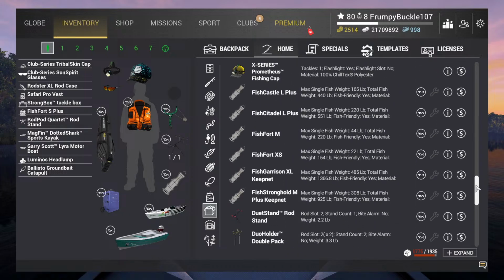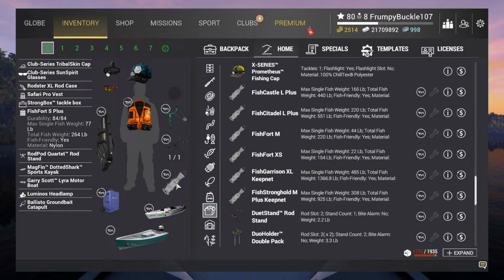There we are, fish nets. Okay, what do I got on here? 77 by 264. No. Okay, not for this waterway. I was using this, which is fine. This is for Lone Star if you're pan fishing in a club,